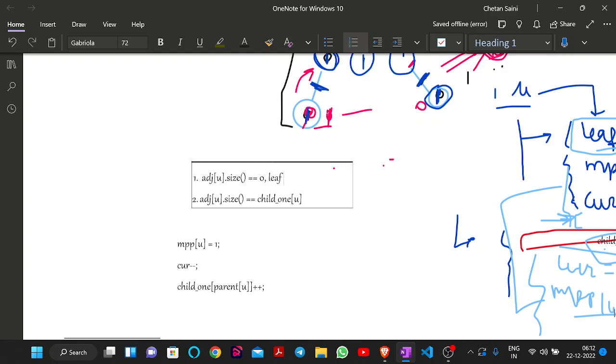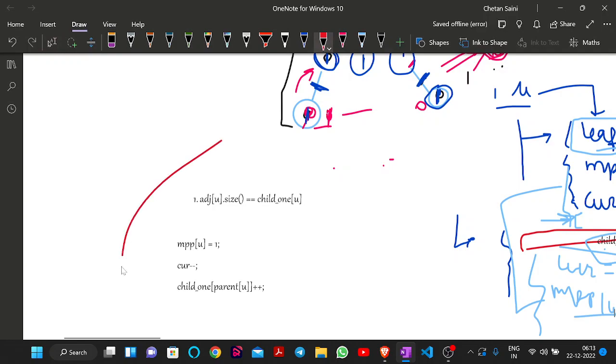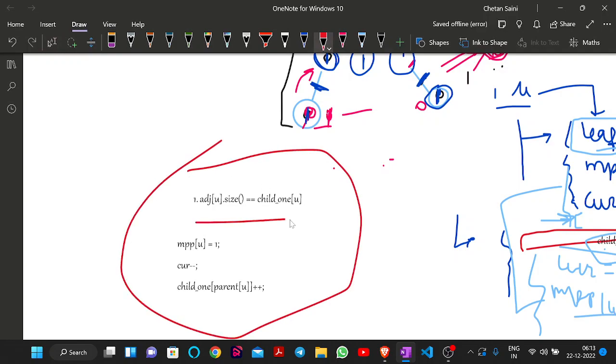For a leaf node, child 1 of this u will be 0. So why am I going to check these both conditions? I can remove this one and simply check this. If this condition is satisfied, then we are going to do the same operations in both conditions. So in total, I can apply only this one condition for the first query and apply these three operations. Okay,